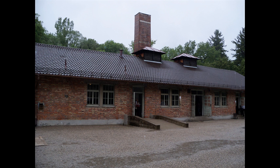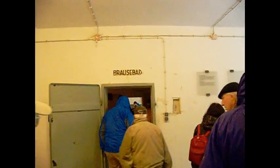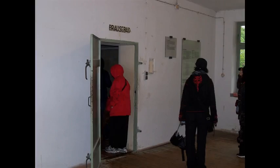So this building was actually right on the outskirts of the camp. The prisoners didn't even know it was here, except for the ones that worked here. And what they did here was they would bring you in to one end, tell you you're going to get showers, take your clothes off, and then herd you into these rooms. The shower room there, the word Brausebad is the term for the shower. But you can see by that heavy metal door there, that's kind of unusual for just a shower room. That's because they would shut that door behind you,